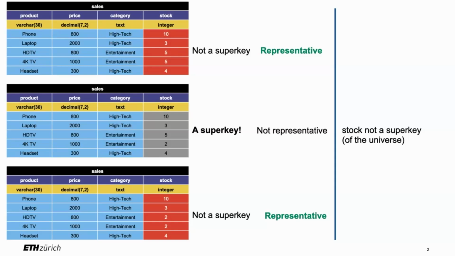For example, let's look at the first table. There's HDTV and 4K TV. Both of them have a quantity of 5. There's 5 of each, right? So if I tell you what is the product that has a quantity of 5, generally you don't know, could be anything, right? And there could be multiple times the quantity of 5 for different products. So you see, generally it's not a super key. You do not want it to be a super key. It's also not a super key of your